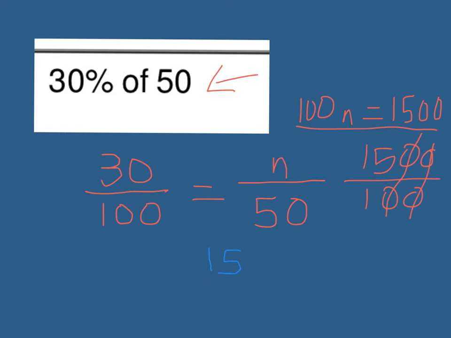I'm going to pause the video and show you one more way to do this. All right, so here we go. We have the same problem, and now we can turn it into an equation. 30% is 0.3. So I take my invisible decimal and move it 2 places to the left. Of means times